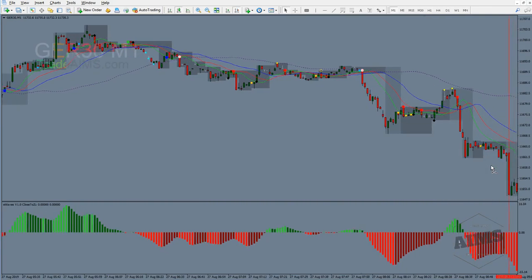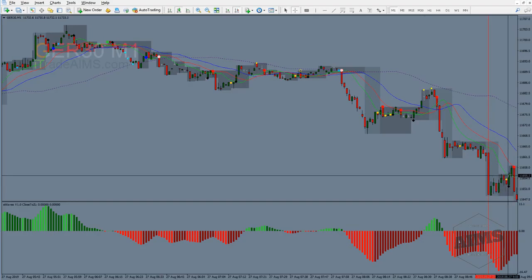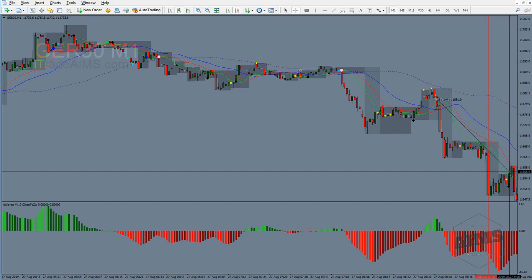And a few minutes later, it just went down, created this, what we call the doorway to heaven. This is a Scooby setup as well. More on this later. You can search in your dashboard or in the forum, what is a Scooby? Doesn't really matter. So you were in here, half your risk, in here, another half, and probably added one more here with stop loss above this box around here. And then at Frankfurt Open, it just went down. And if you were trailing the box, you would be stopped out here for a handsome 25 points